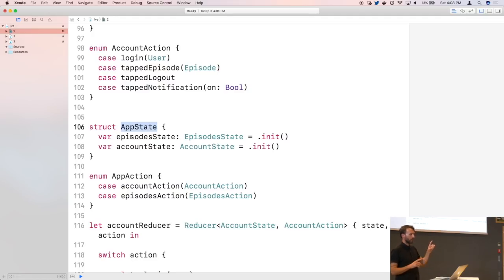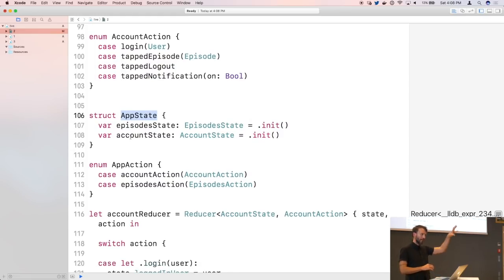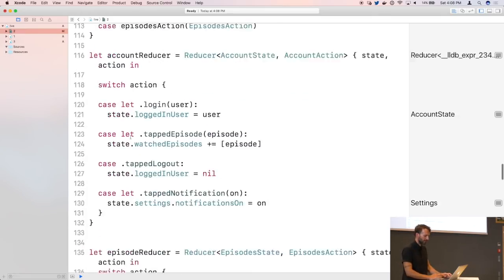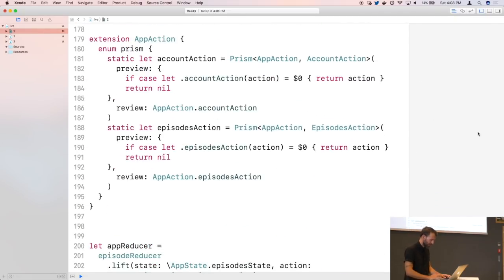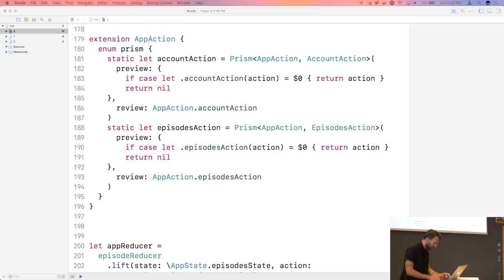You want to have almost the ability to have two lenses that look into substate. One would look into all the episode state, but then also look over here to grab the watched episodes, grab both of those things, package them up into a tuple, and pass that along to the reducer. You can't do this with key paths. You need honest lenses to do this because key paths are not constructible in user world, only by compiler magic. So for example, this little fella here